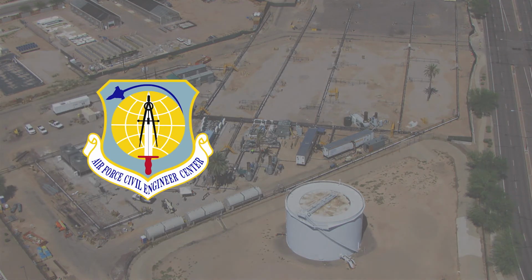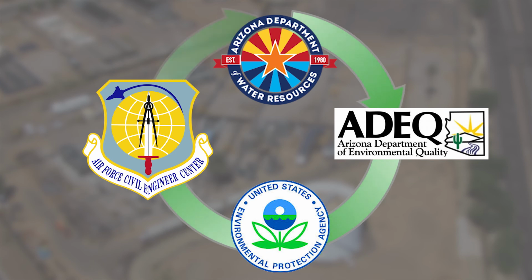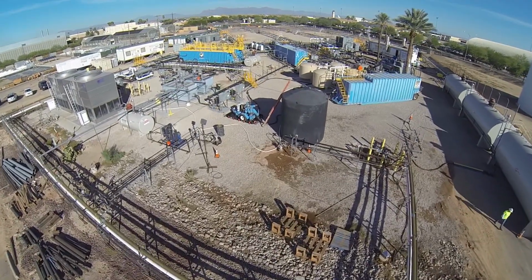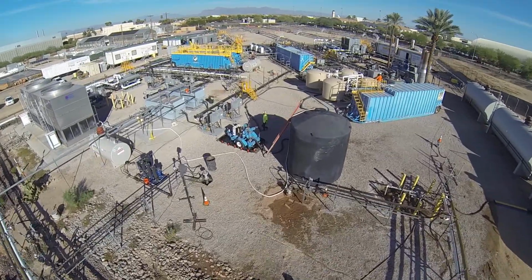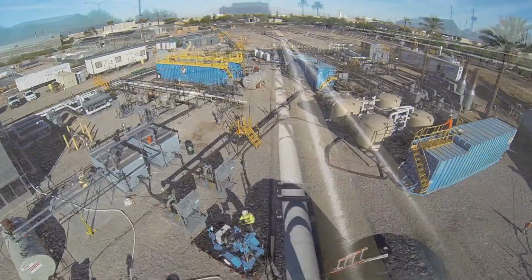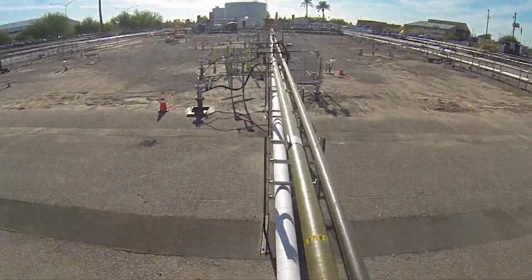The Air Force has worked closely with state and federal environmental agencies, and they are very supportive of the new cleanup approach. With cleanup at the site underway, the goal of the new technology is to reduce cleanup time from over 100 years to a couple of decades. This is made possible by the reinvention of a highly effective technology that has been used in the oil industry